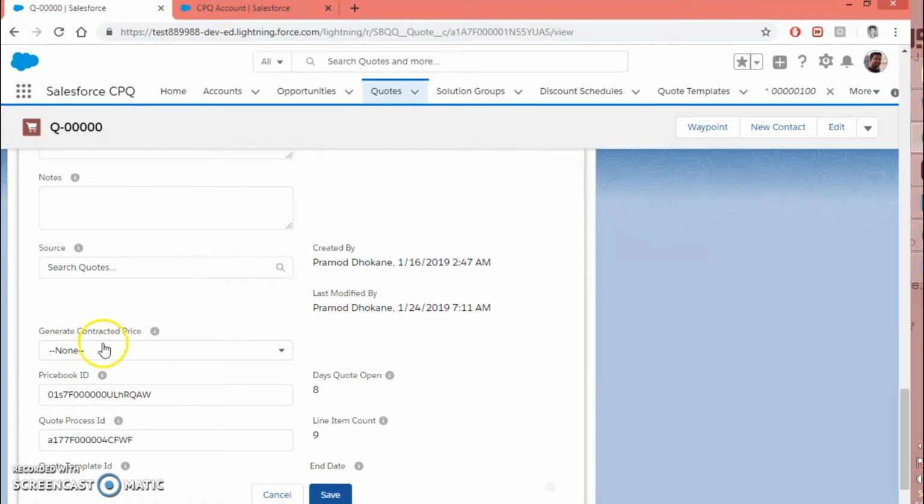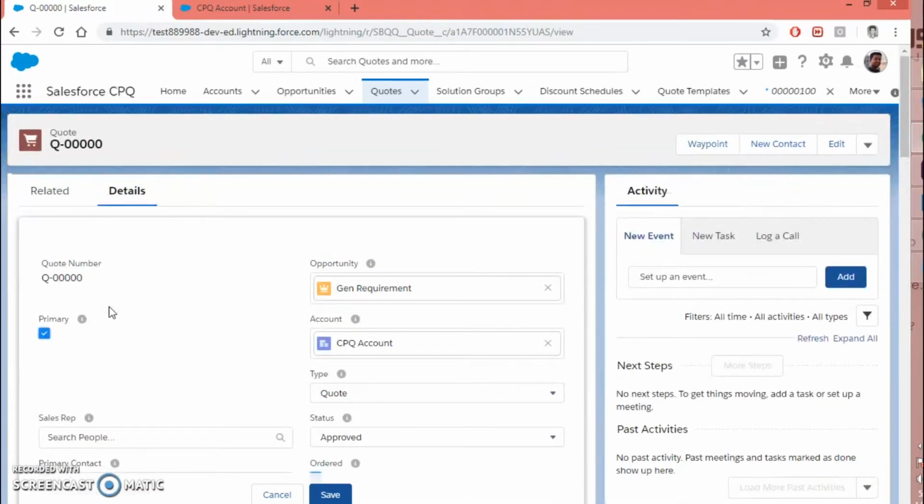Once you set the value here, price, and hit save, and once the related opportunity is contracted or the order is generated, and the contract is generated on that order, then CPQ will add those products into the contracted price.